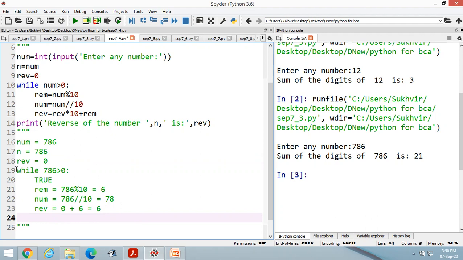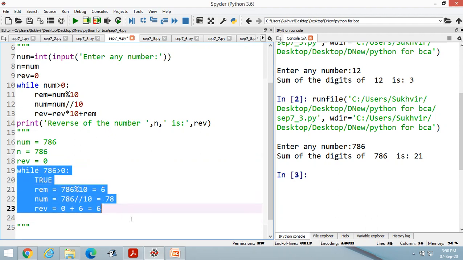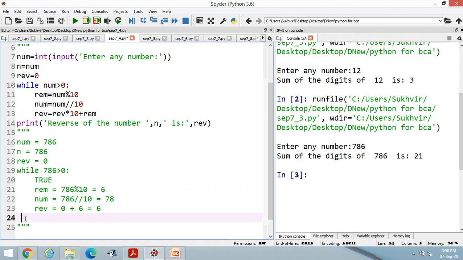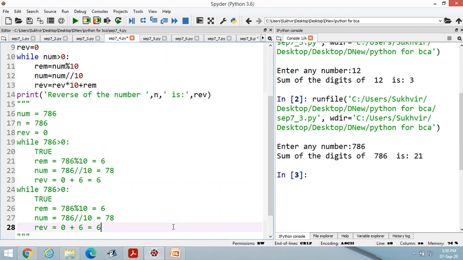Now you can copy this one and paste here so that we can continue with the next one. Here the value is 78 because the number is 78 now. If I am writing 78 here, then remainder is 8. And if I am writing 78 here, then quotient is equal to 7.